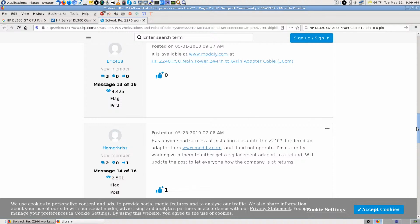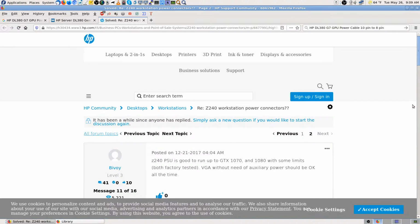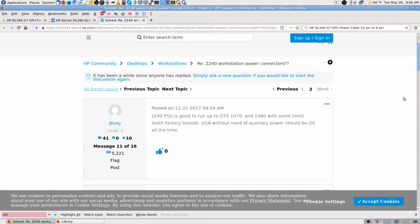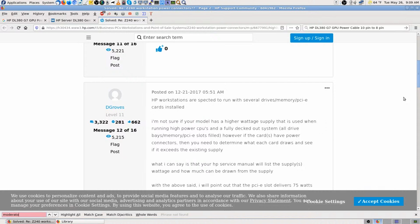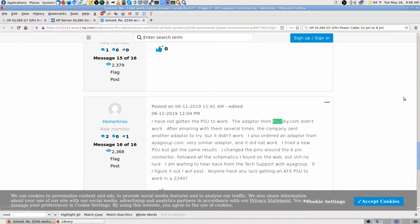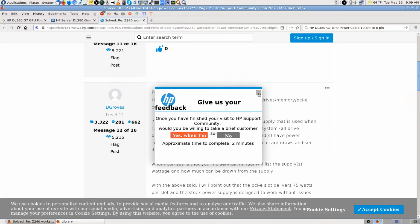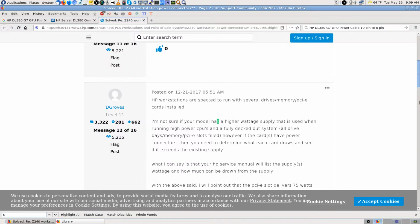Anyway, this is a poster. I don't think it says staff or anything like that, or even a forum manager or anything like that. So looks like they're lying to me. What's the other words you would use besides staff? Moderator. Mod. I don't see anything posted by a moderator or anything like that. Support. Yeah, I did have...